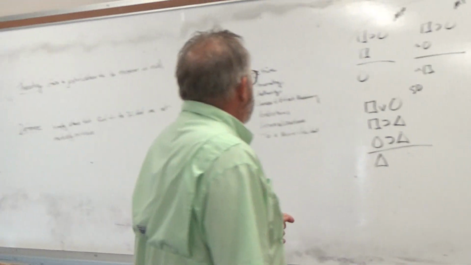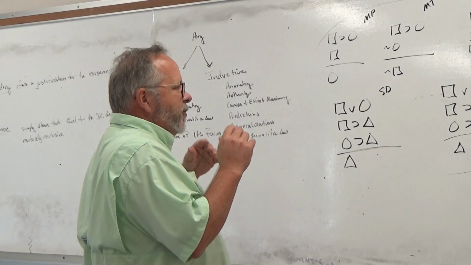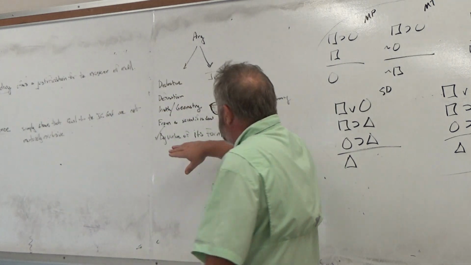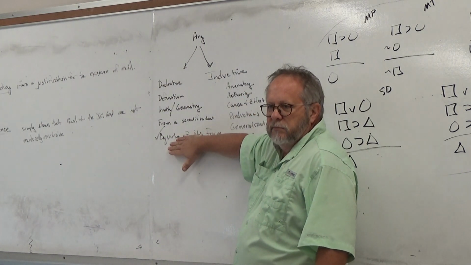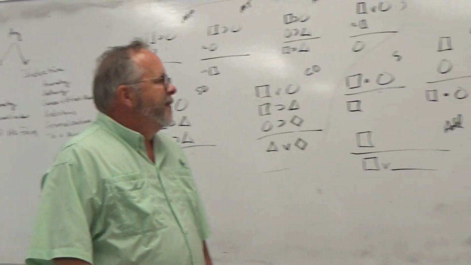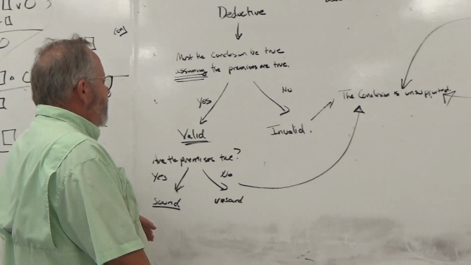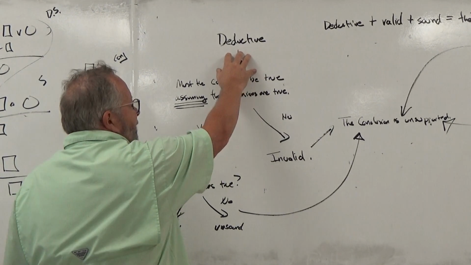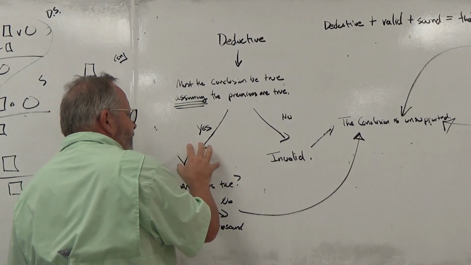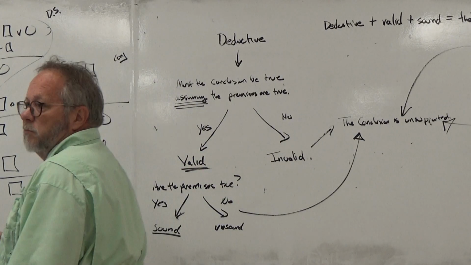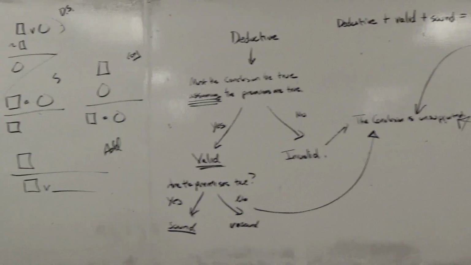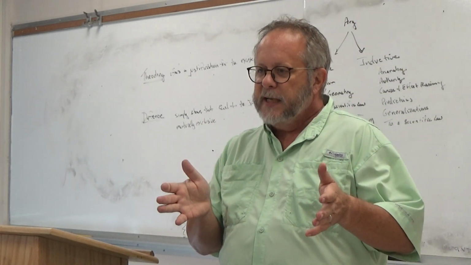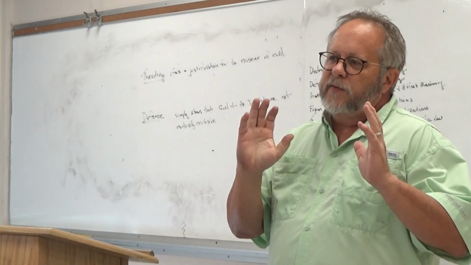Okay. So what will you be doing for tests? One, you'll be determining whether it's inductive or deductive. And you've got to be on the lookout for this, right? Okay. Then I'm also going to ask you, supposing it's deductive, tell me which kind. And then I'm going to ask you, is it valid or invalid? So you have to determine if it's inductive or deductive. If it's deductive, what kind? And then I'm going to ask you if it's valid or invalid.